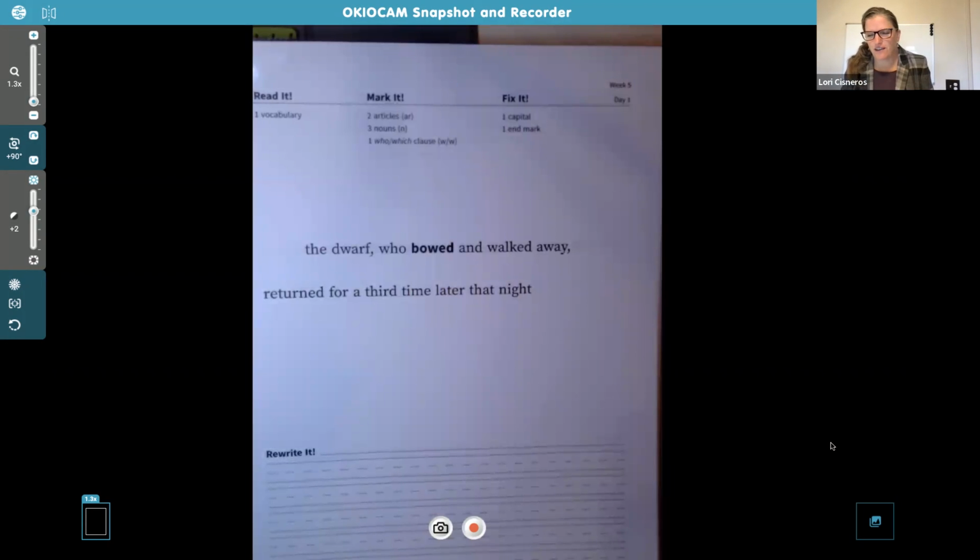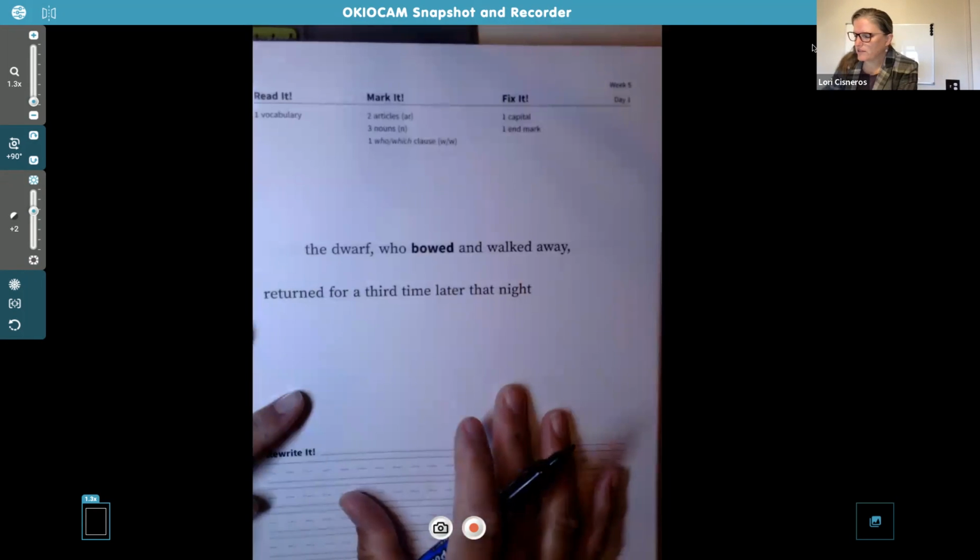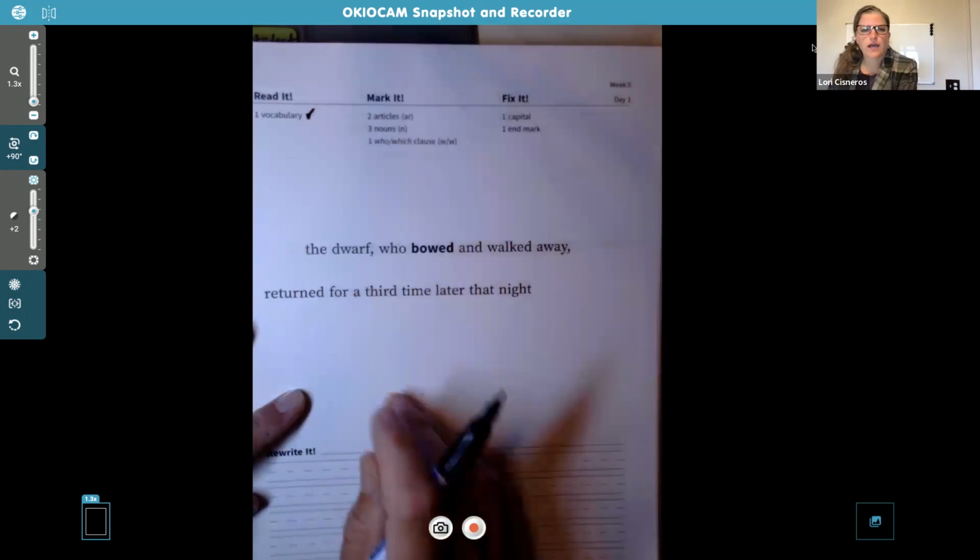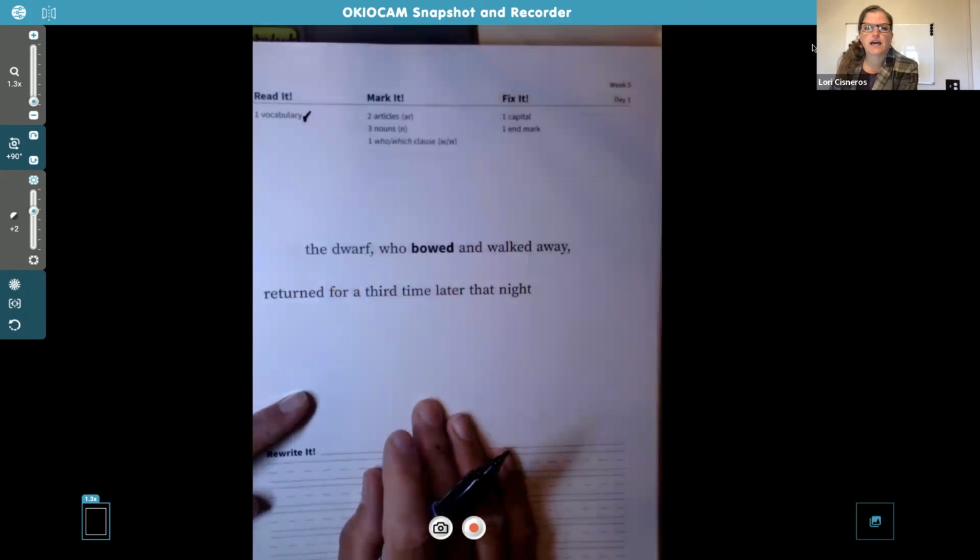And have you ever seen a play on stage or any kind of performance on stage before? You guys seen that? No? Some of you have? Alex, yeah. When it's usually like a play or something like that, they will take a bow at the very end. They'll bring out all the actors and actresses, and then everybody takes a bow together. All right, so we know what that means. Let's put a little check mark by the word vocabulary, and we already did read that.